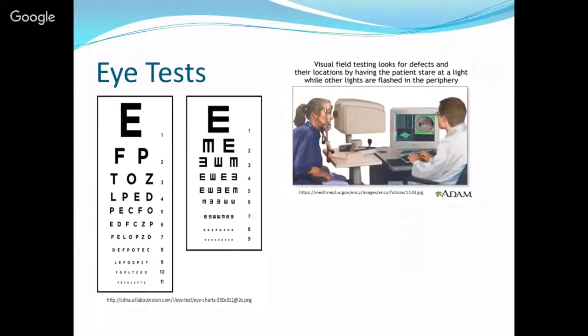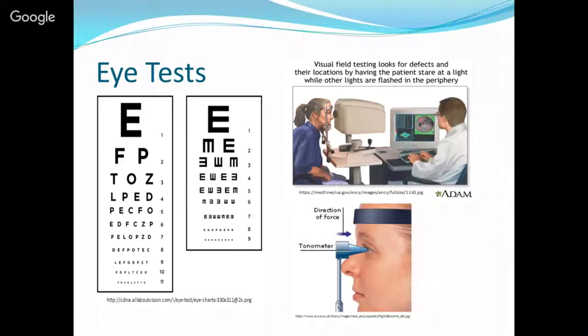And then the second one's called a visual field test. That's where you look into this machine and lights will start flashing in your peripheral vision. So it's testing if you can see to the side. And then the last one is called tonometers. And this is the one that tests for glaucoma. So you put your eye on this machine and you open it and they tell you not to close it. And it shoots this puff of air into your eye, measuring the pressure of the liquid in your eye.